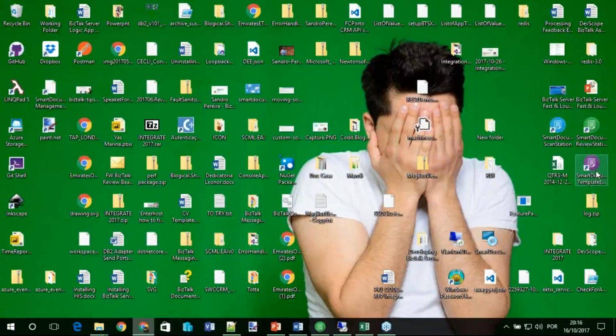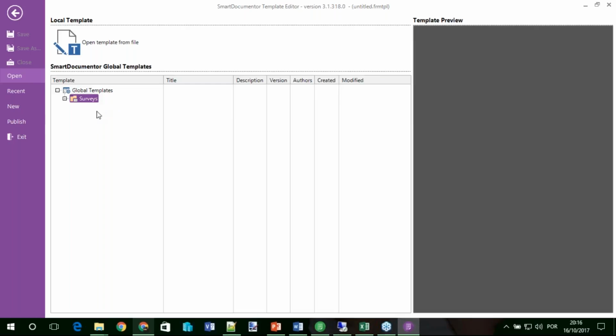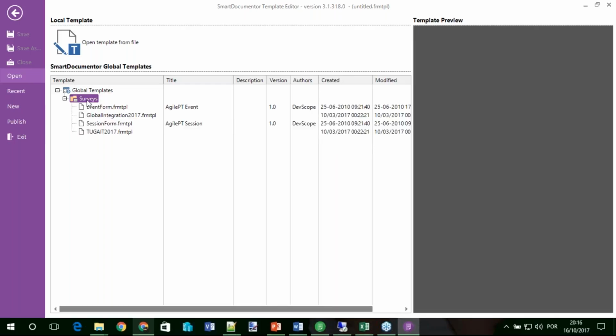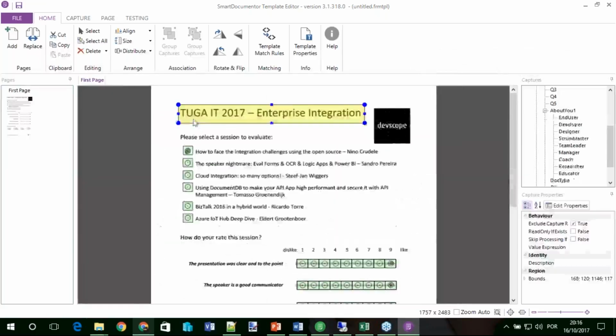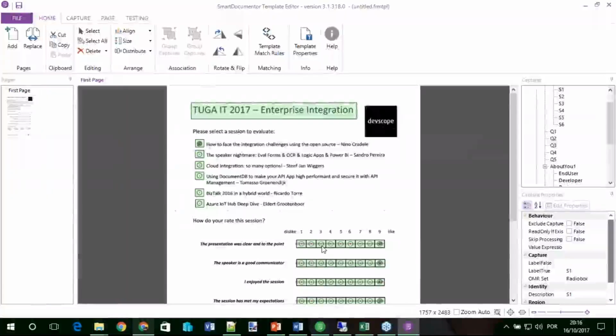In SmartDocumentor we also have a template editor, which is where I create my rules of extraction. Here is where I say that I'm extracting the session of Nino Cordellis on this box. I have a combo box that is a radio box with multiple choice, of course not allowing multiple selections.